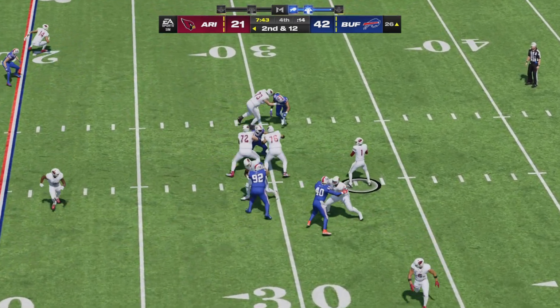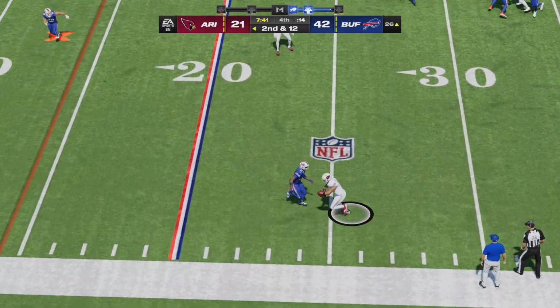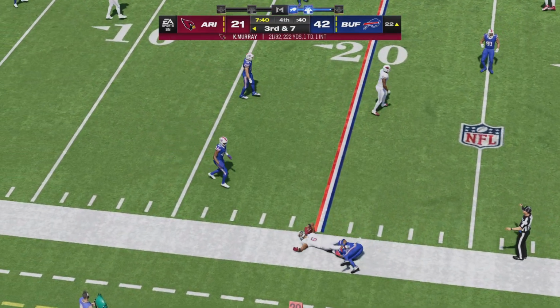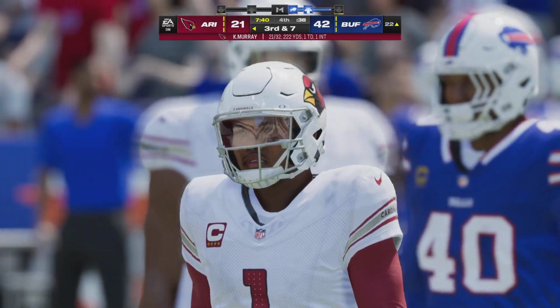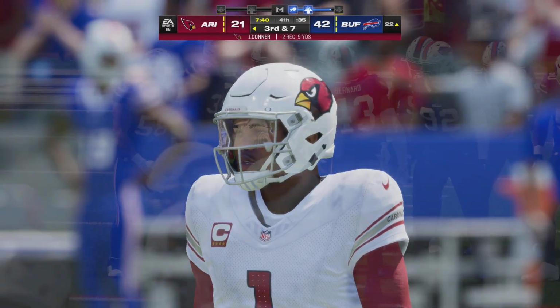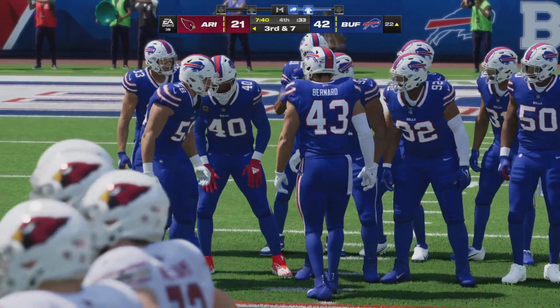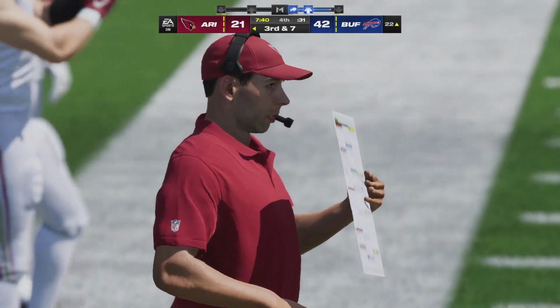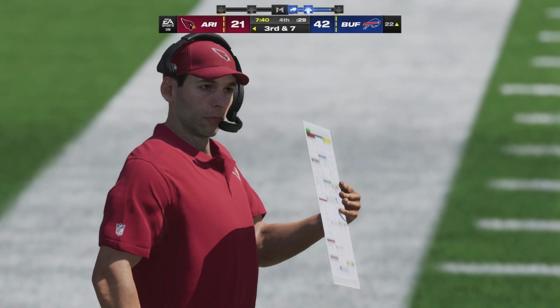Murray now. And this will be swung out here for Connor. And he'll be out of bounds as he gets this down to about the 21 or 22. The result, only 4 yards there on the play. 3rd and 7 now. And we see another pitch and catch there to the running back.